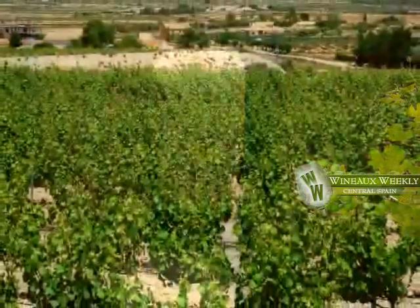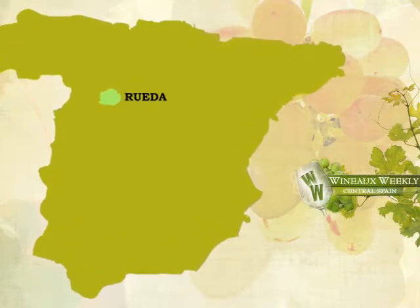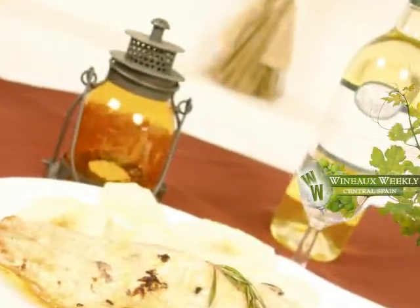Another really surprisingly great region is the Rueda region of central Spain, and here's why it's a surprise. Typically in a really hot environment, red wine varieties thrive and white wine varieties don't do really well, but there is a water-saving white variety called Verdejo, and its little brother Viura that are produced in the region of Rueda, and this is just as hot as Toro, just as dry, just as arid, but somehow makes this